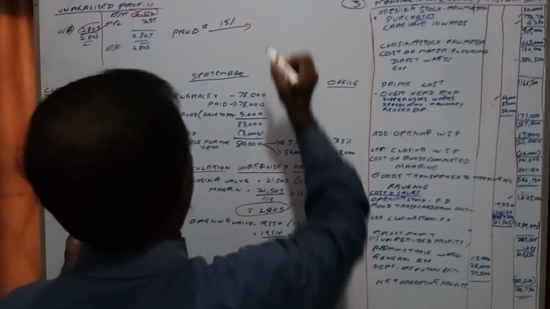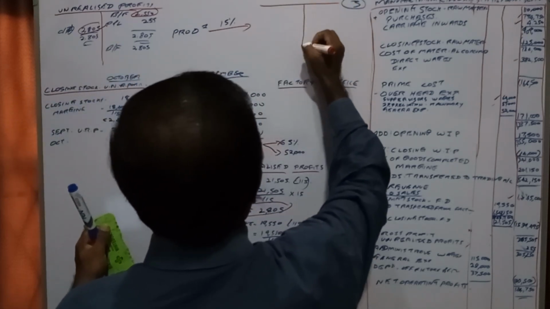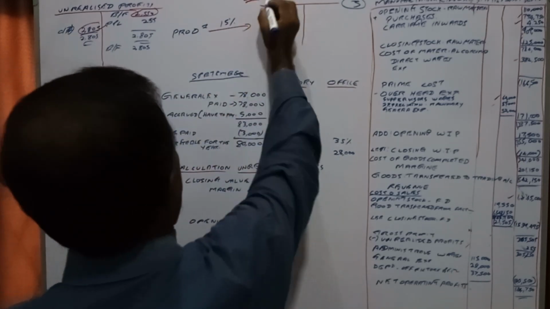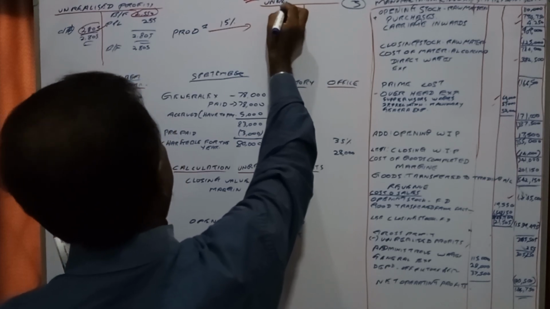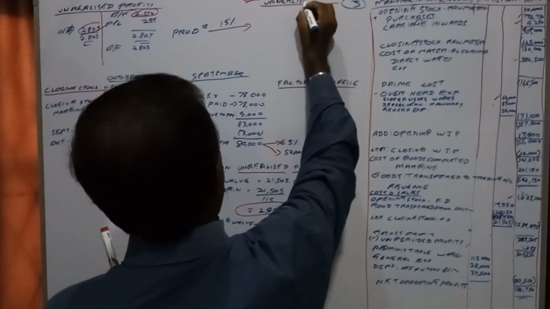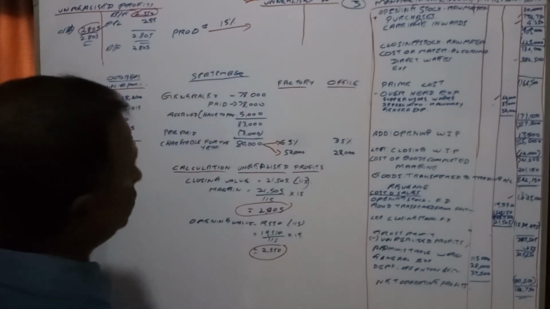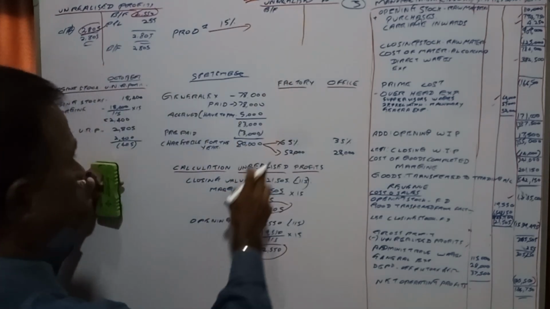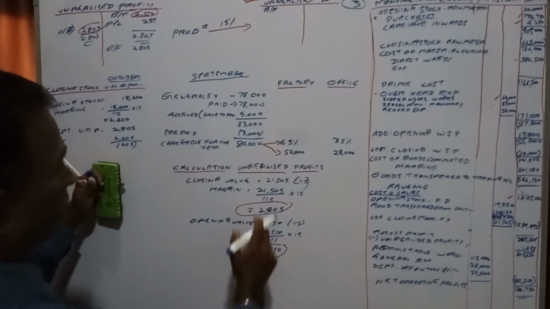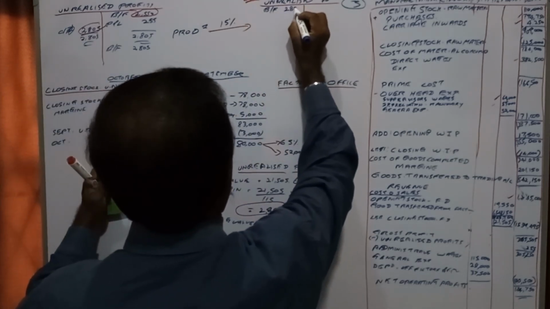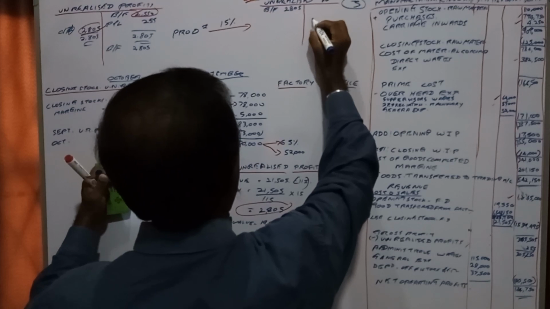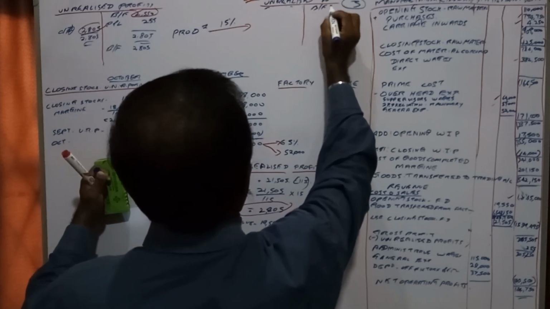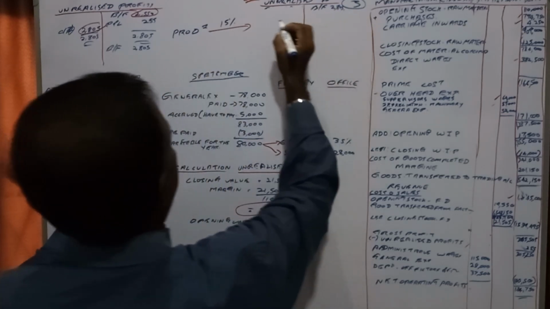If you say unrealized profit for October, profits brought forward would be the closing stocks of the previous period: 2,805, on October 1st. Brought forward would be 2,805